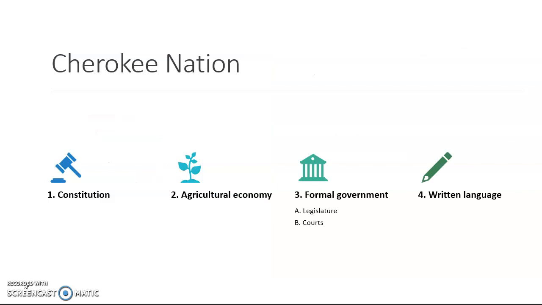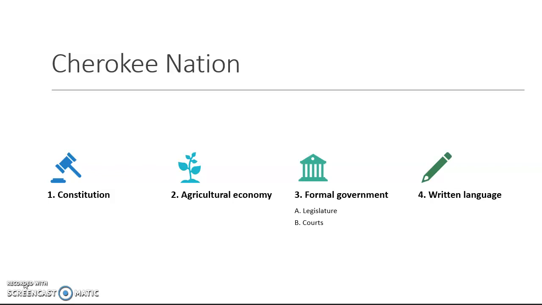The Cherokee Nation were unique and have a unique story just like other Indian tribes. What was unique about the Cherokee is they had adopted a lot of the practices that the federal government asked them to adopt. They kind of took to heart this idea of civilization and what the federal government's idea of civilization was. During the time period between the American Revolution and the Louisiana Purchase, the Cherokee Nation developed their